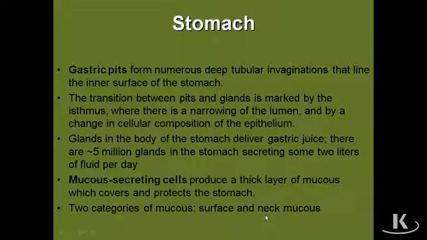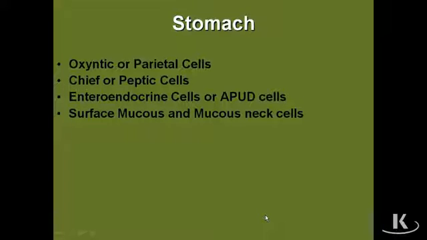Then, extending from the isthmus are branched components of gastric glands. The gastric glands in the body of the stomach particularly are delivering up to 2 liters of gastric juice per day, and there are approximately 5 million glands throughout the entire length of the stomach contributing to that fluid volume. So below the mucus-secreting cells, we find an array of cell types that line the gastric glands. Beginning at the level of the isthmus, we'll see some mucous neck cells, and extending below that,